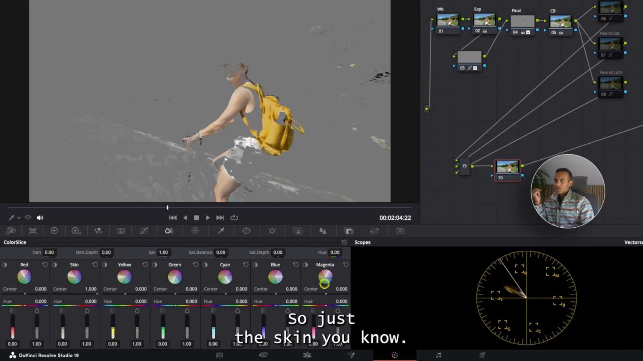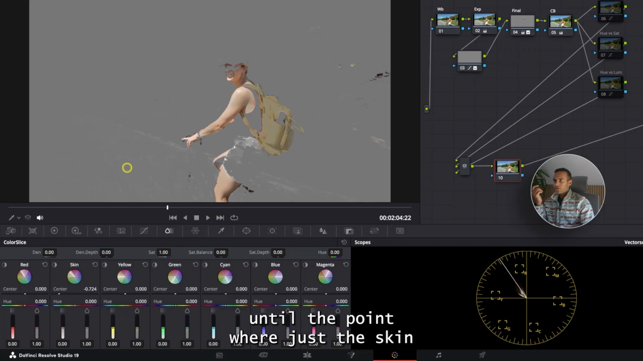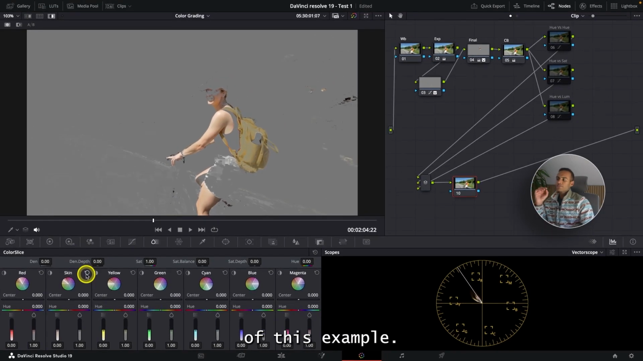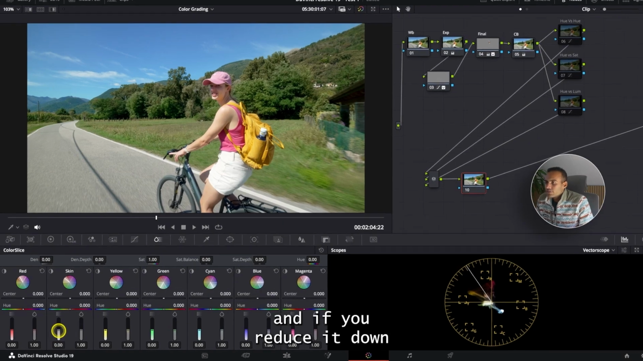So just the skin. If I go towards the right, it's also selecting the yellow bag, which I don't want to select. So I would go towards the left until the point where at least the skin is properly selected, which was in the center. But yeah, that was just for the sake of this example. So here what we can do, deselect it, and here if you go to density